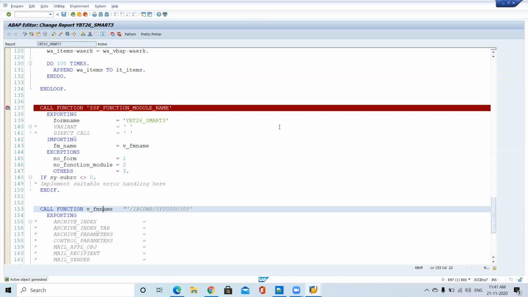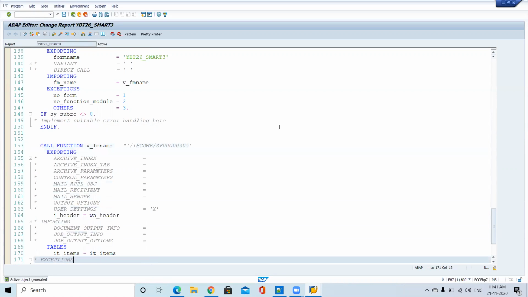So this is the important point, from the technical point of view. Why? Because everything is working fine in development, but in quality we are not able to see any output. That is a common problem. The functional consultant will come back and test it in the development system. It is working. As a technical person, I am also testing in the development system. It is working fine. But in the quality system, it will face the problem. So that is a common issue.